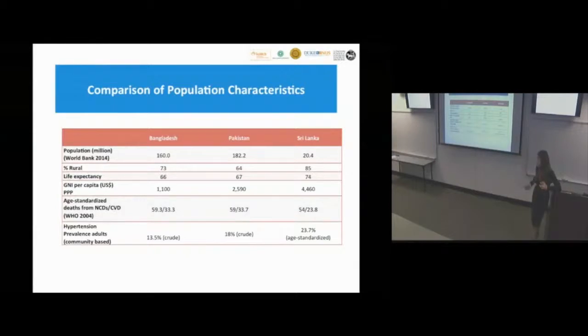And the prevalence of hypertension, if you look, is also uniformly high in all these countries. If you look at population age 18 and older, about 15 to 18% of the population. If we look at slightly older adults, middle-aged, age 40 and older, about 1 in 3 adults. 1 in 3 adults in these countries will have high blood pressure.